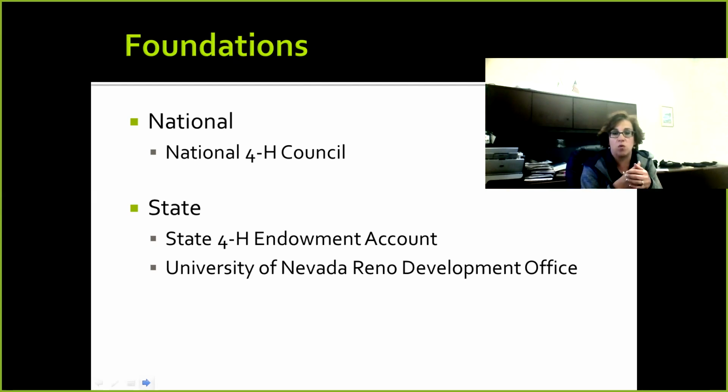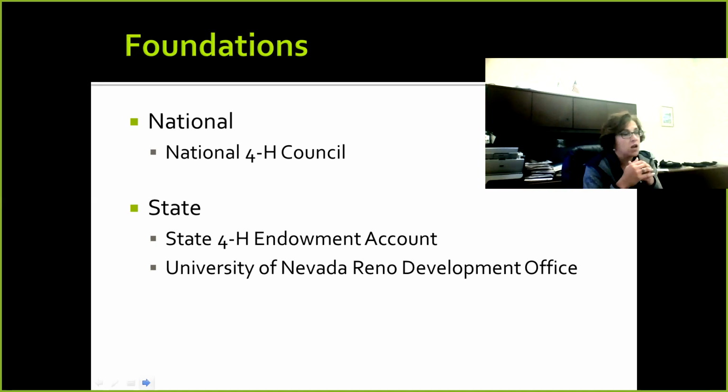Curriculum. If there's a curriculum that somebody wants to develop, then they will go out and try to find funding to help with that curriculum. They find a lot of funding for STEM programs, mentoring programs, etc. They are also the ones, you've seen the 4-H Grows Here campaign with the logo, the 4-H Grows Here. They're the ones that are leading that effort in the branding and the marketing of 4-H across the nation. So they've got staff hired. Actually, we do have somebody on the regional level that will be helping us with marketing. So you can see, that's